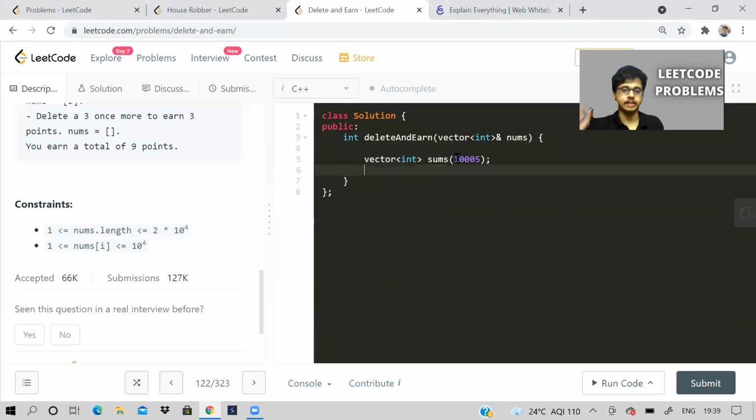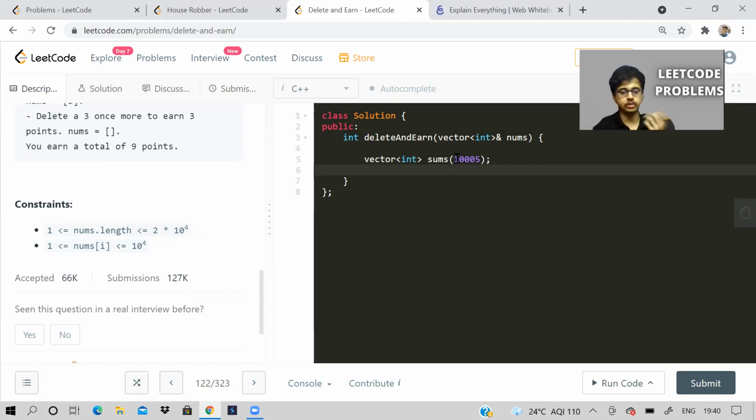What is this vector sums? For each and every number from 1 to 10 power 4, if that element occurs in the array, then for that particular element, however many elements there are, altogether that summation, I want to do a mapping.